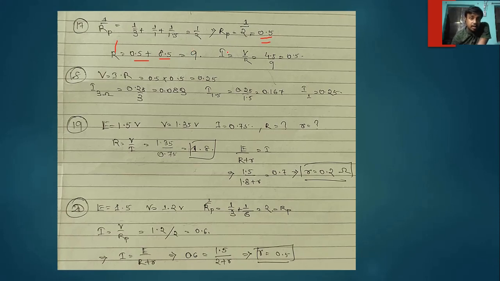So we have to find the current in the circuit. We know that V is equal to IR, and here as the internal resistance is not given, so we have to consider that it is the potential difference only. So I is equal to V by R, 4.5 by 9, that would be equal to 0.5 ampere. Okay, don't forget to write the symbols because those are very important in exams. So we have to find the V. V is equal to I into R.